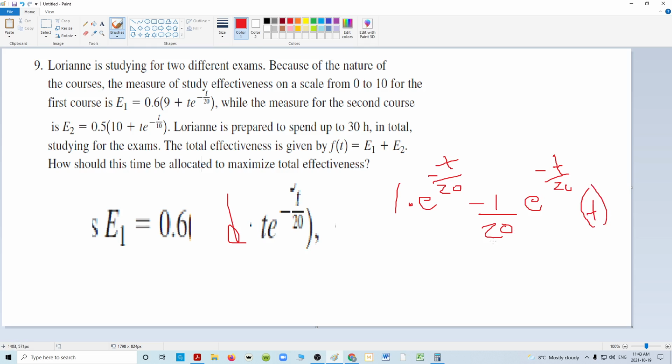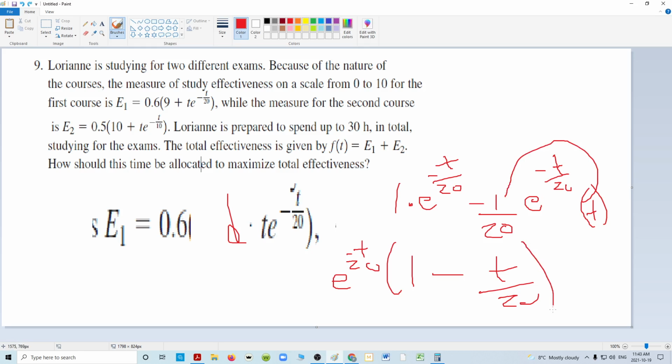Now, fortunately, I can take e to the minus t over 20 out of both of them, and I'm left with 1 minus t over 20,